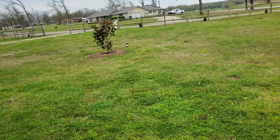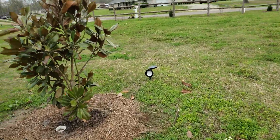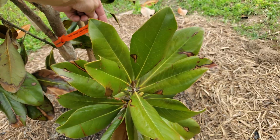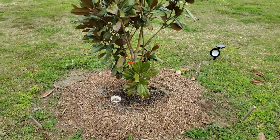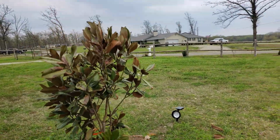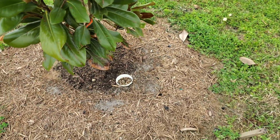This is another one from Bob Wells Nursery. I got this for the wife on Mother's Day. She's been really wanting one. This is a magnolia tree. It did get hit by the cold a little bit. This is a D.D. Blanchard magnolia that I bought from them. It was one of the last ones that they had. Very good looking tree, about 5 feet tall. Got it planted, got some mulch around it, got me some rock for putting nutrients straight down to them roots and water if need